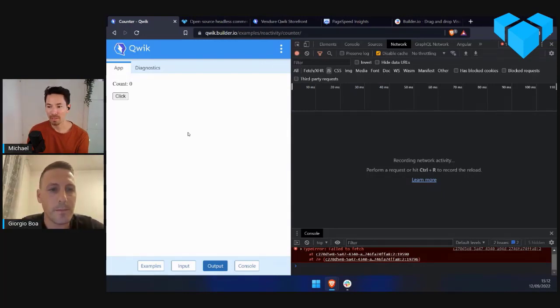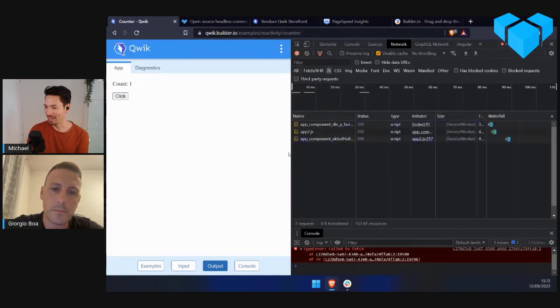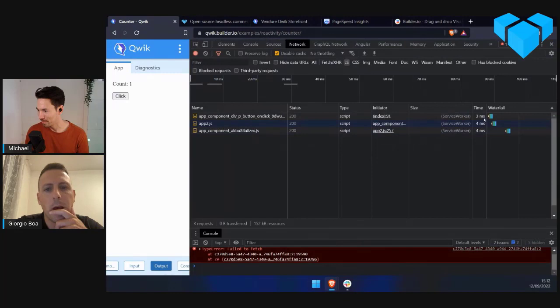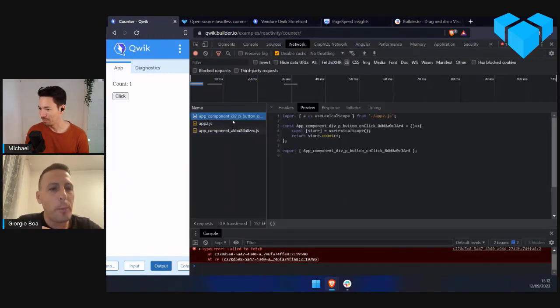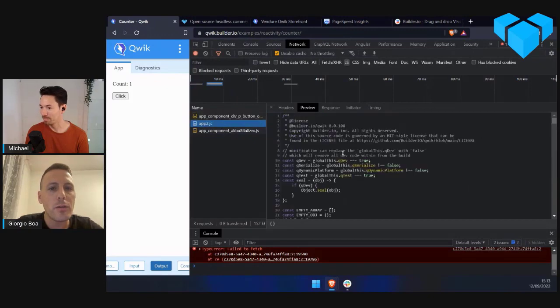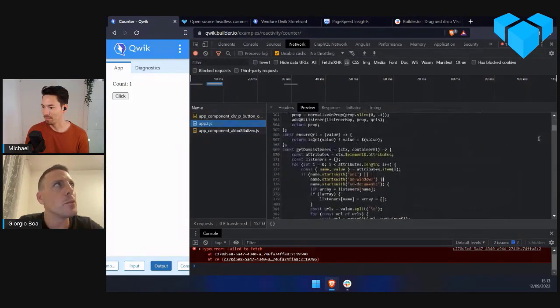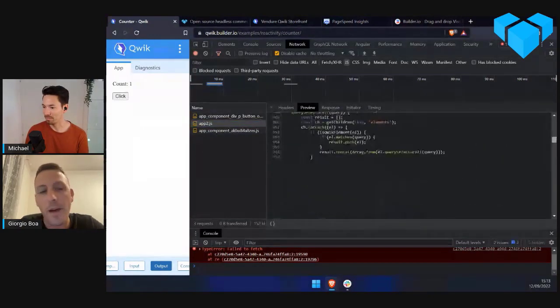Yeah. Okay, I'll just do this again just so everyone can see this. So I'm going to click the button again, and as I do that, it's downloading the actual code that's required to execute this increment of the counter. So before I press that, it's just not even on the client. Yeah, and this is another great benefit, because if you have a complex application, the bootstrap is really fast.